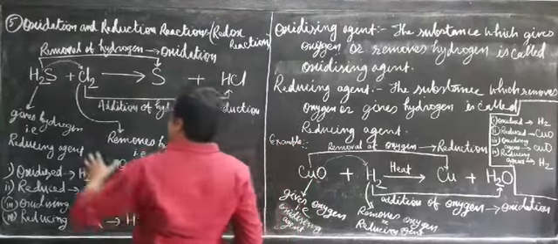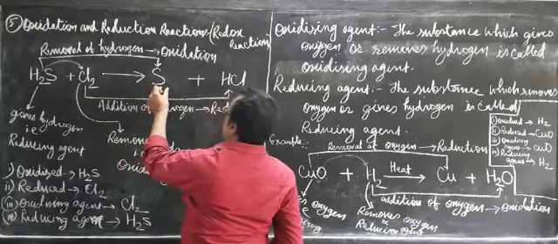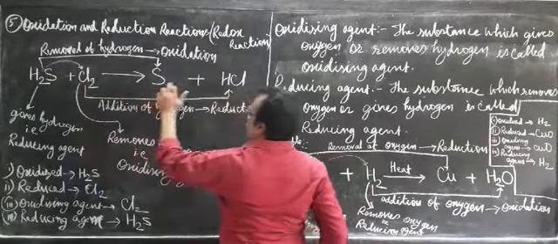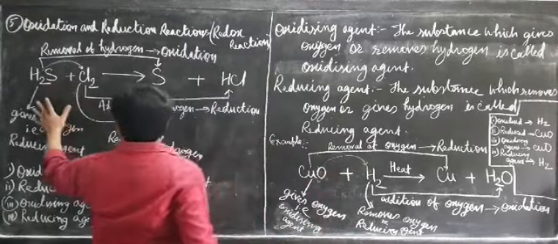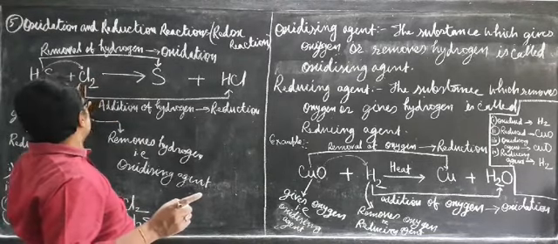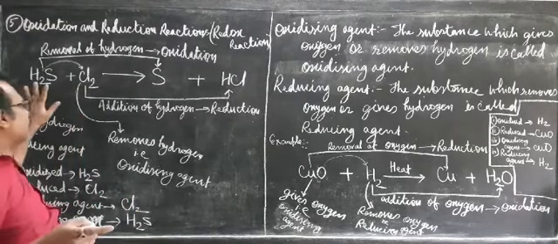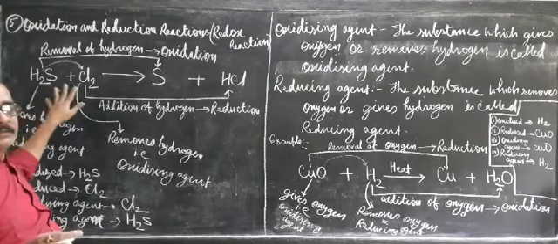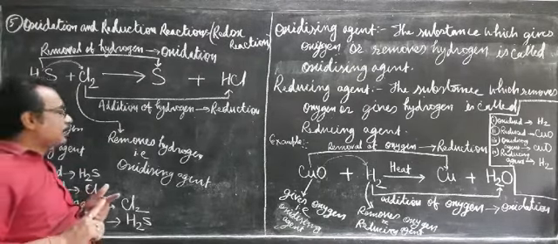So look at the reaction between hydrogen sulfide and chlorine, which produces sulfur and hydrochloric acid. These two are reactants and these two are products. This is the left hand side, all reactants. Only a reactant can be oxidized, reduced, or be an oxidizing agent or reducing agent. So every answer is on the left hand side only. But to get the answer, you have to compare reactant and product.